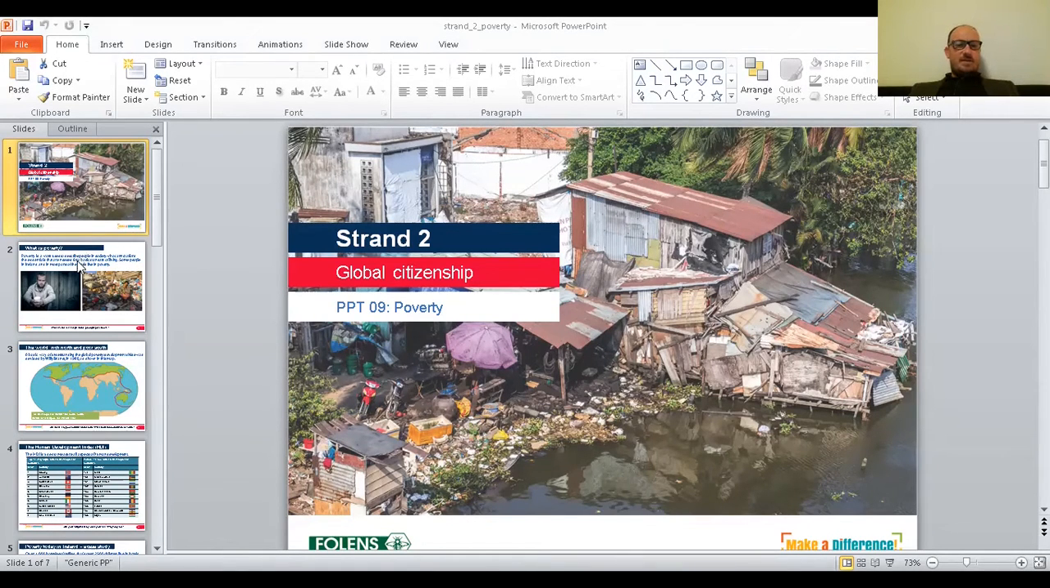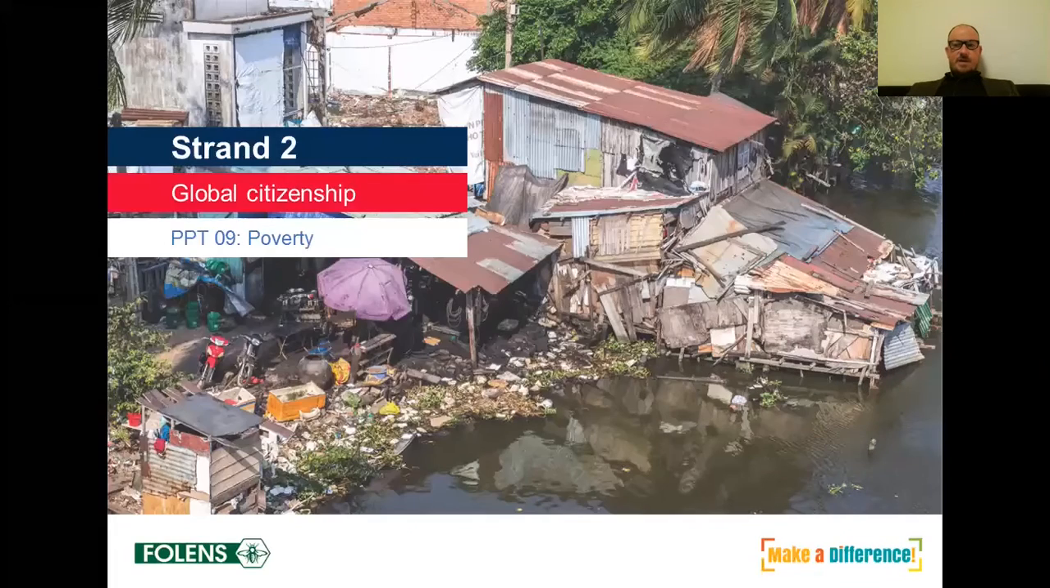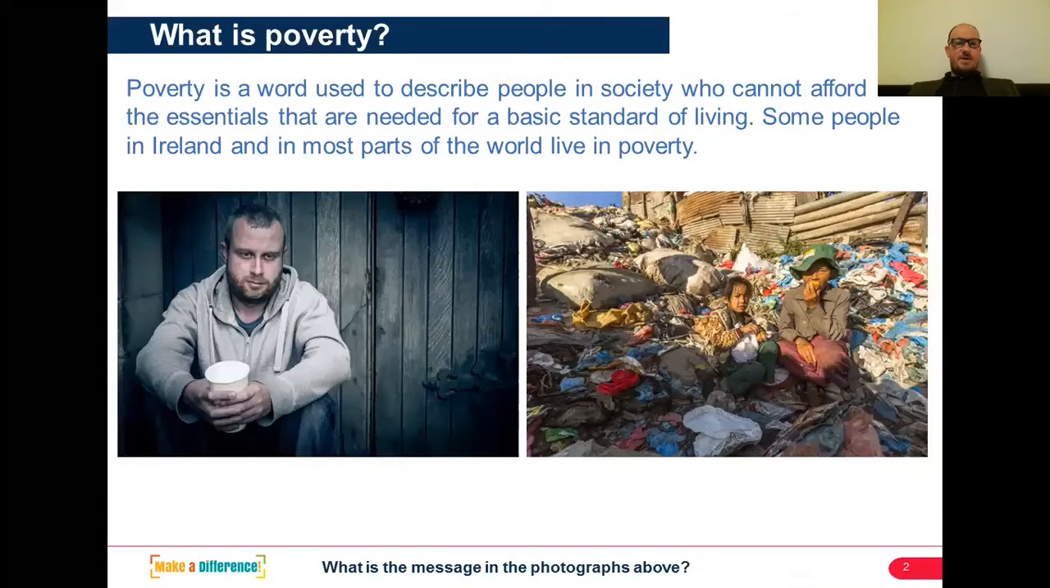We'll move on to the first slide then. Let me just click current slide so we get it a bit larger. Okay, so what's poverty? Poverty is a word used to describe people in society who cannot afford